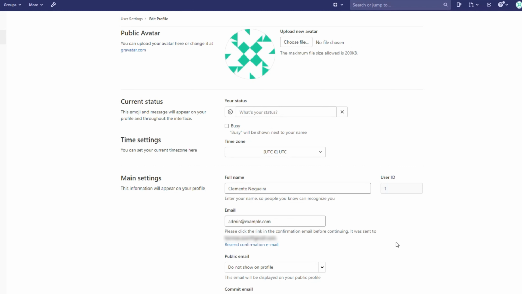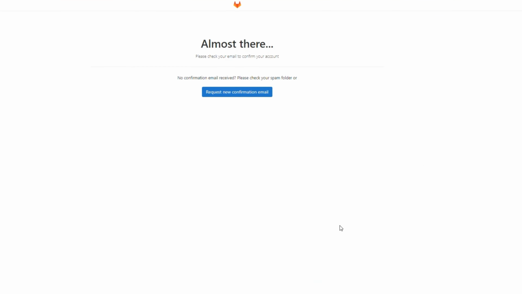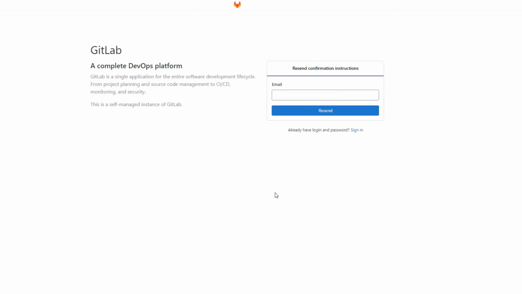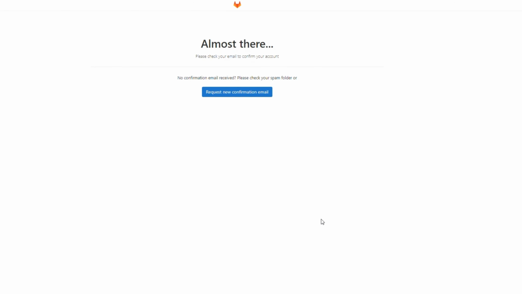To activate the new email, you can send the confirmation email. Just click. Let's check if I got the email.